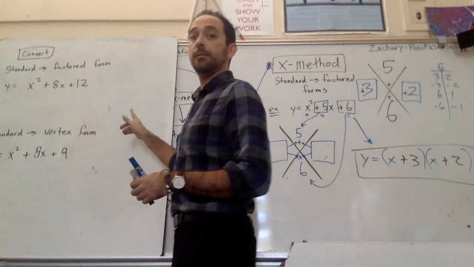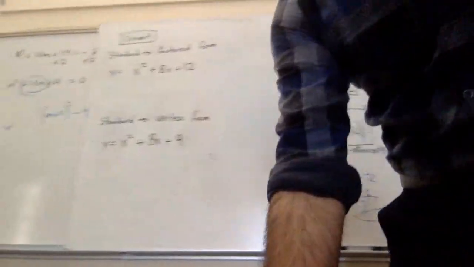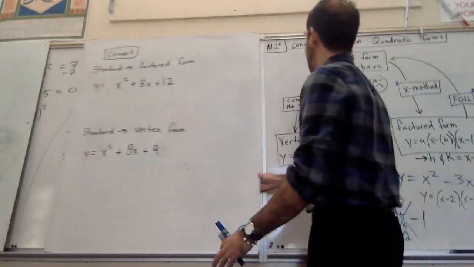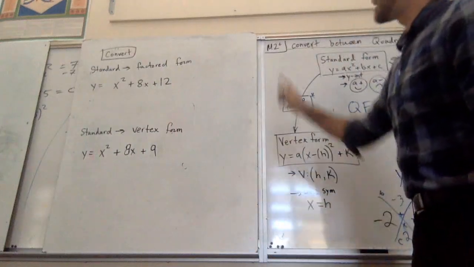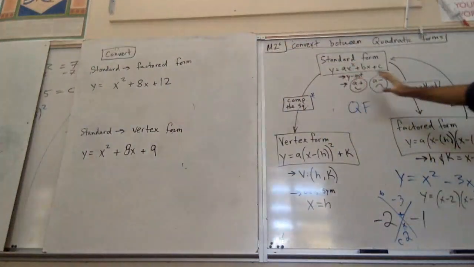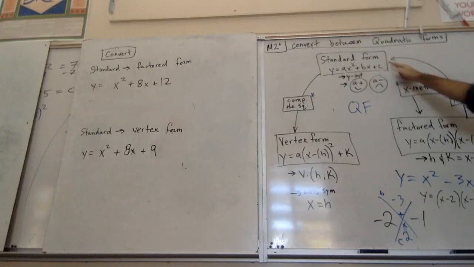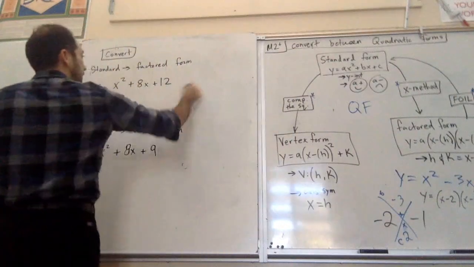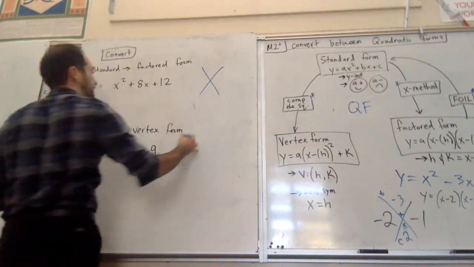Standard form to factor form. So let's look at our map. Standard form, factor form, X method. Go and do the X method for this one up here. You start with